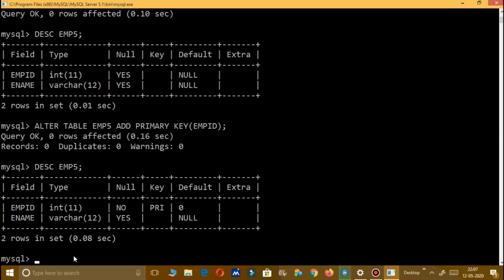So you need to write ENGINE equals INNODB after every execution of the foreign key concept. I'll let you know how to use it.